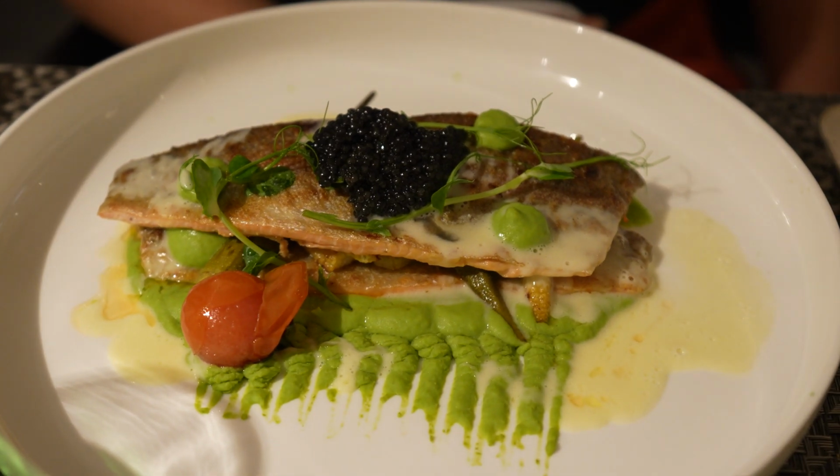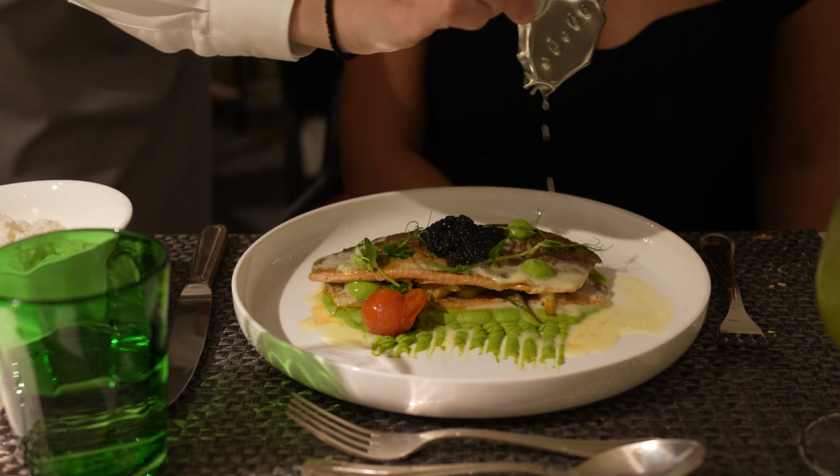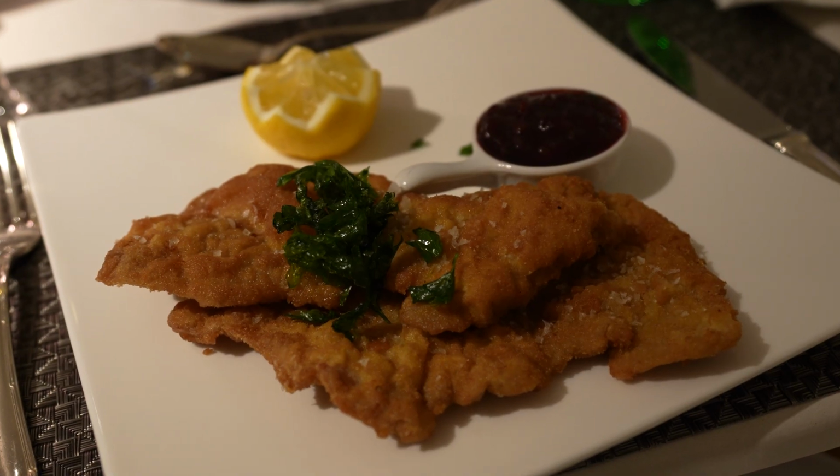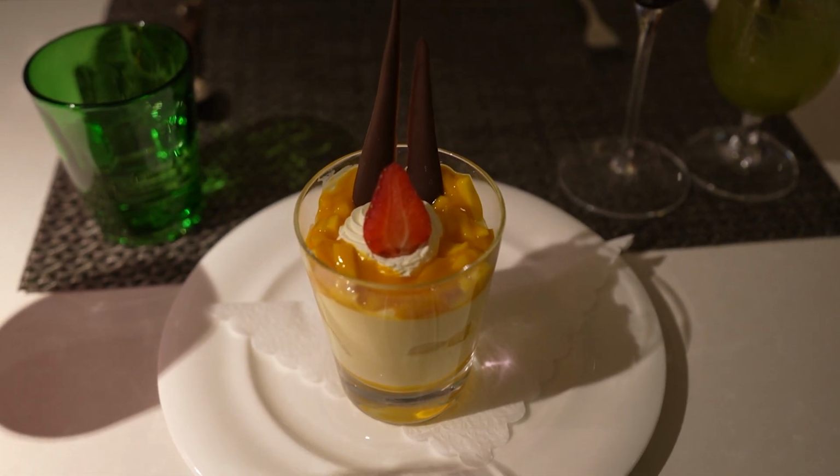Tonight I'm having salmon trout with baked okra and caviar on top. And it's not part of the menu, but I ordered white rice, which they provided. And I'm having the schnitzel, which is a traditional Austrian food. We got here mango tiramisu with nougat, and